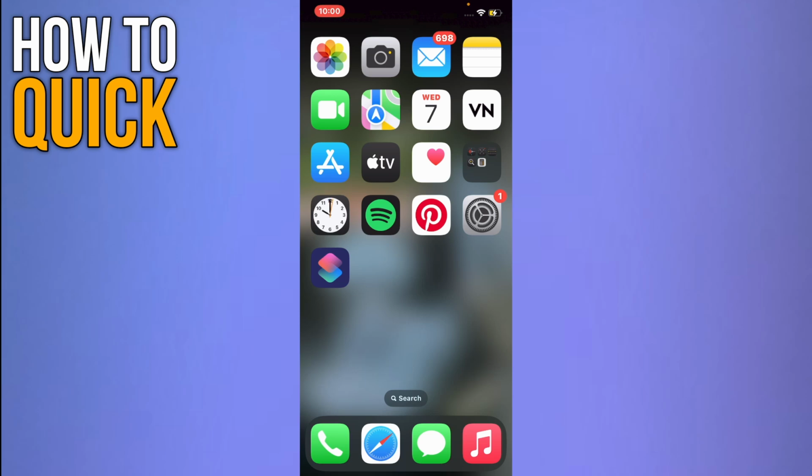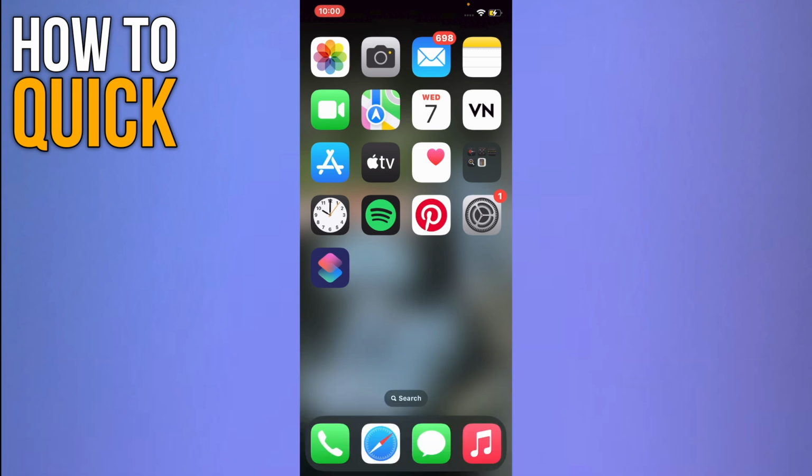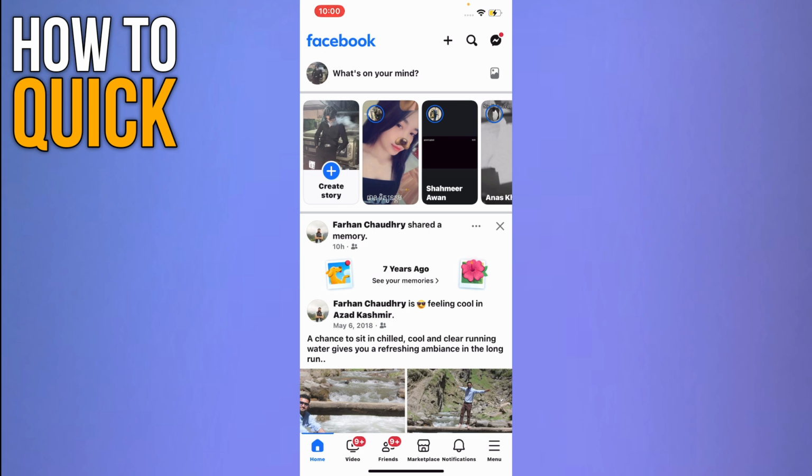In this video, I am going to show you how to delete Facebook account permanently if we forgot password. So first of all, open up your Facebook application. On your Facebook application, you have to tap on the menu which is present at the bottom right corner of